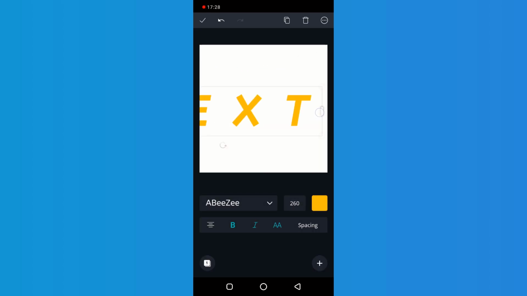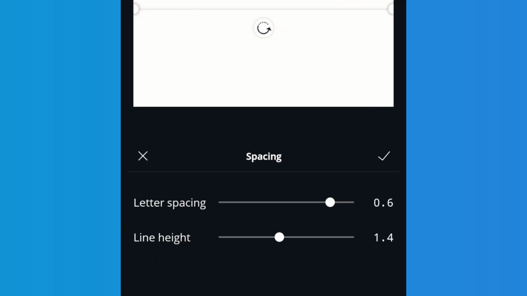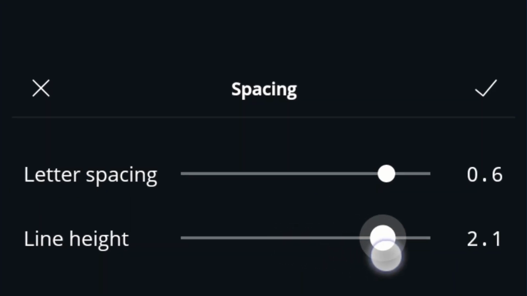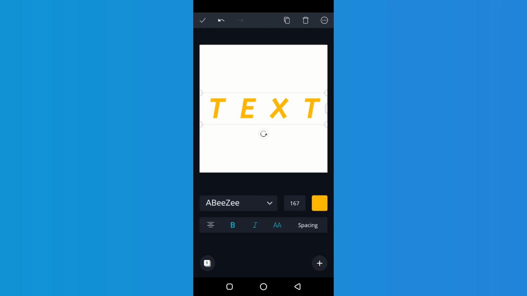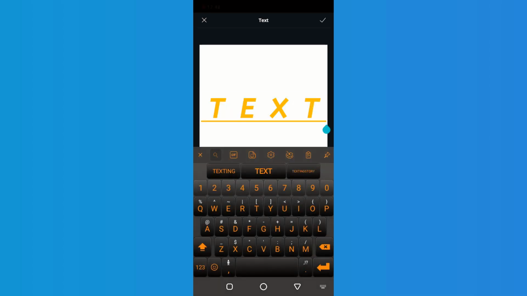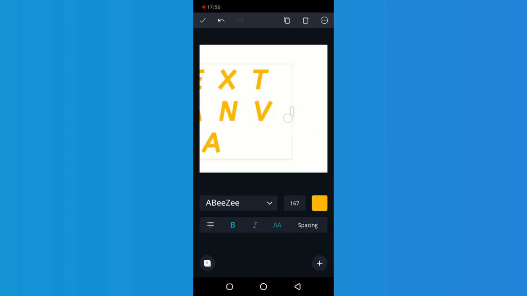One more thing I want to show you is that with your particular design, you can also increase or reduce the line height. So this is the line height here, but you notice nothing is happening. And I'm going to tell you why nothing is happening, because we just have only one particular text, one word here. So what happens if we add another word? So we could say text Canva. And now you see we have text Canva. And I'm just going to reduce this